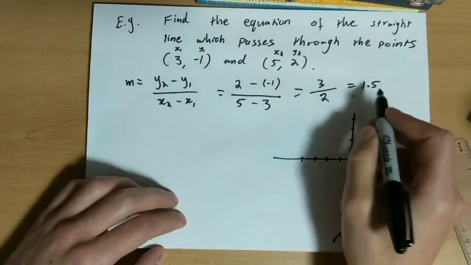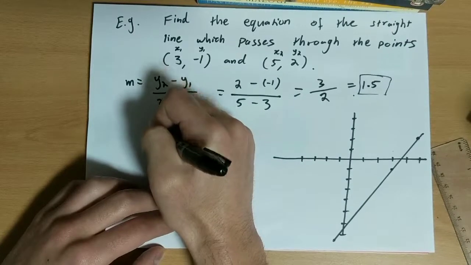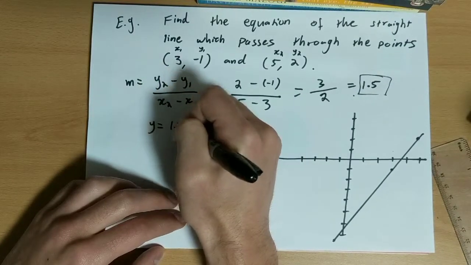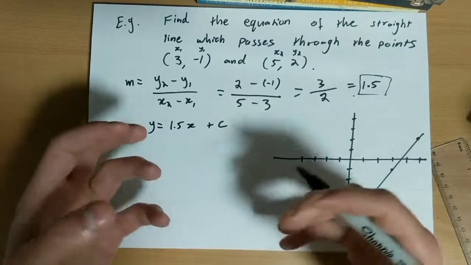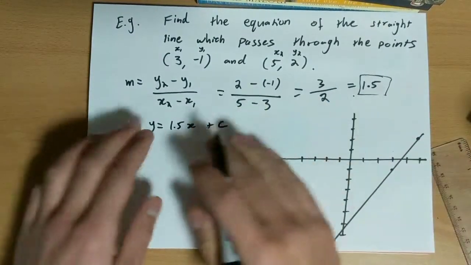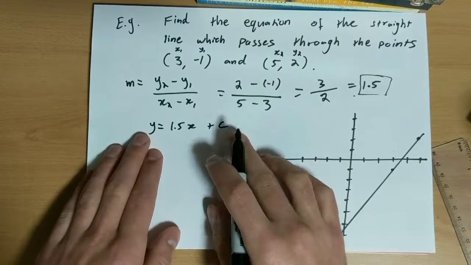So this is my value for m, so let's write it out. y equals 1.5x plus c. Now I'm going to take an x and y value to substitute into this equation to find out what my c is. Now, in the last one we did,